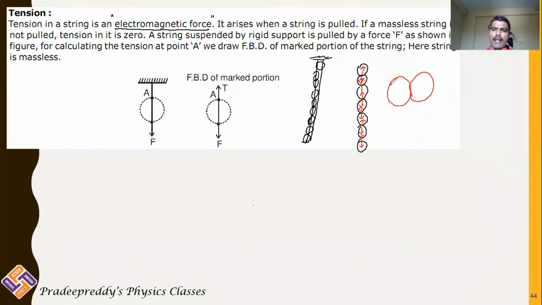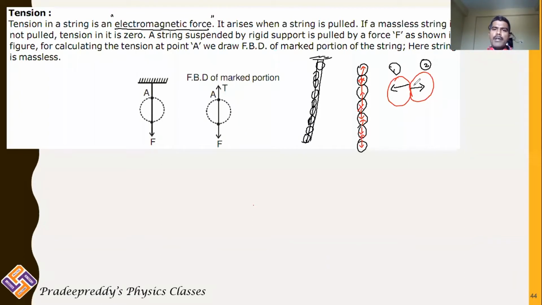all the electrons of one atom are pulled by the positive charges of the other atom. This is number 1 and this is number 2. First atom's electrons are pulled by the second atom. Likewise, second atom's electrons are pulled by the first atom, vice versa. Because of these two interactions, there is an electrostatic force acting between the electric charge and the positive proton charge. As these charges interact with each other, some kind of force arises between these two atoms.